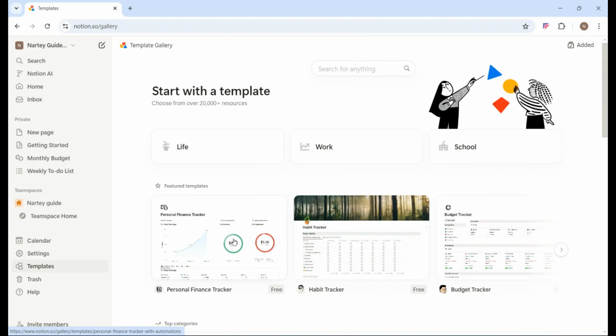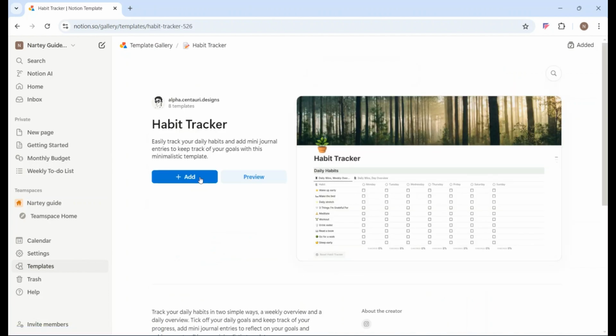In case you want to know if it's free or paid, you just have to check this option here. This is free to use. This is also free to use. In a situation whereby you want to use a habit tracker and you've seen a template that you want to use and it's free as well, all you have to do is click on the template and you add it